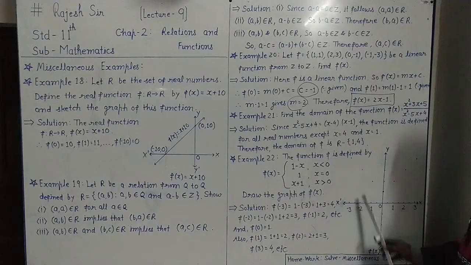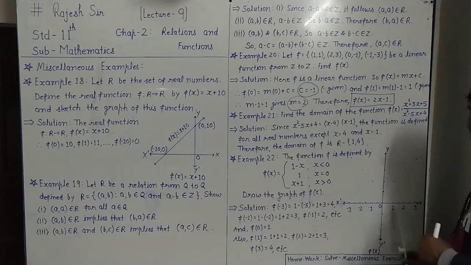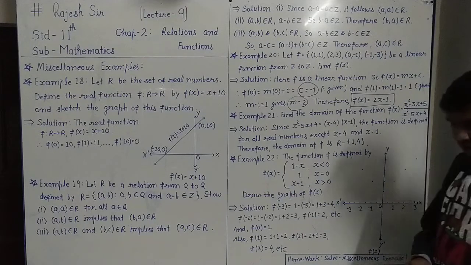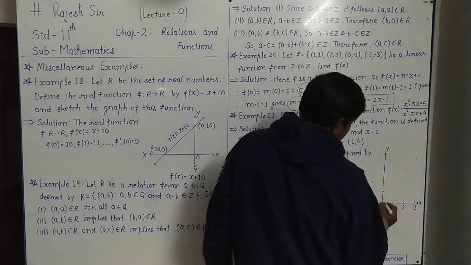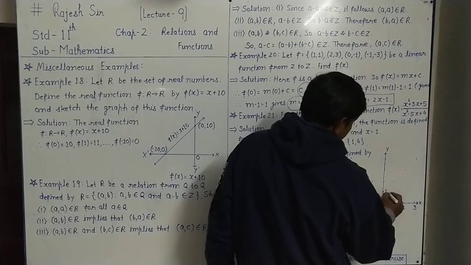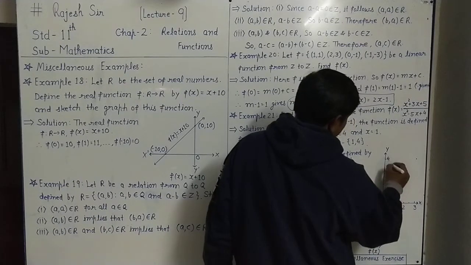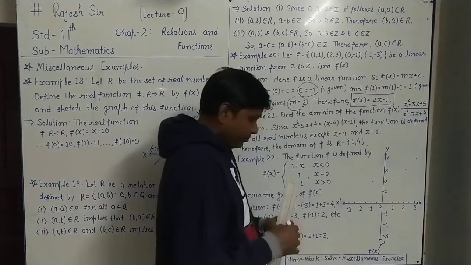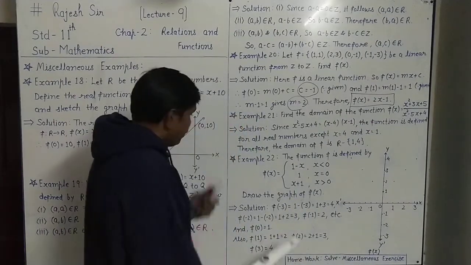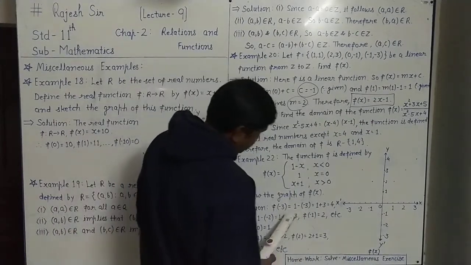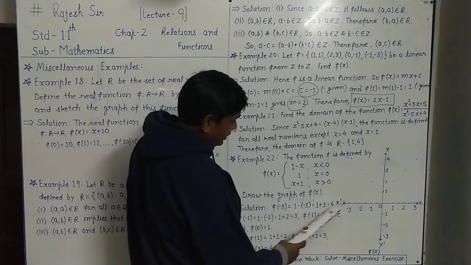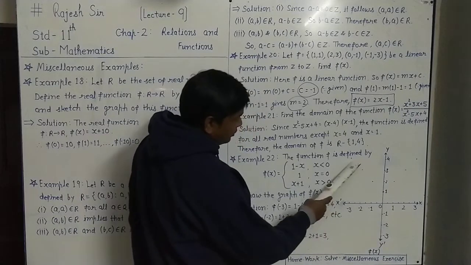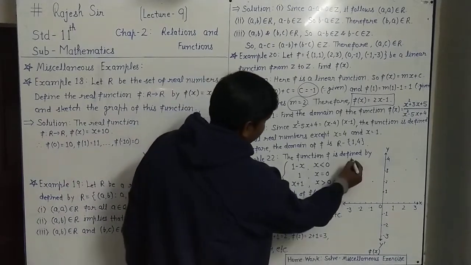On the graph, the x axis and y axis are shown here. On x, we place 0, 1, 2, 3 and minus 1, minus 2, minus 3. On y, we also place the values 0, 1, 2, 3, 4, minus 1, minus 2, minus 3 and so on. For the very first value, f of minus 3: for x equal to minus 3, y is 4. The point is here, right?